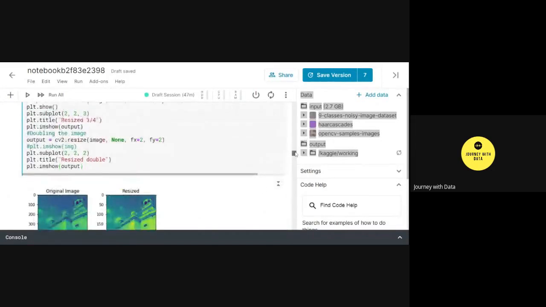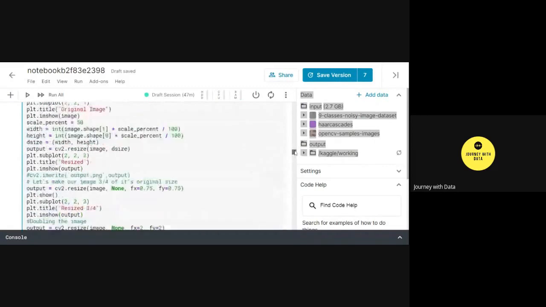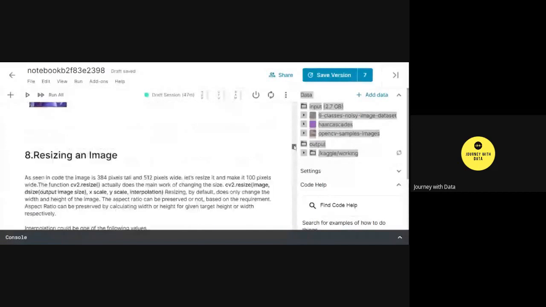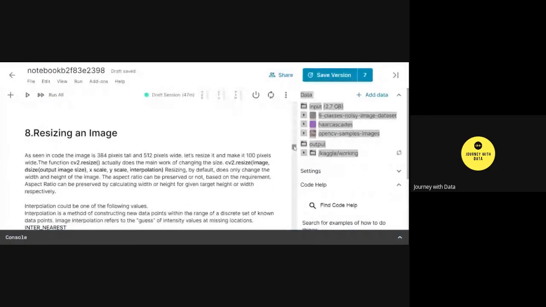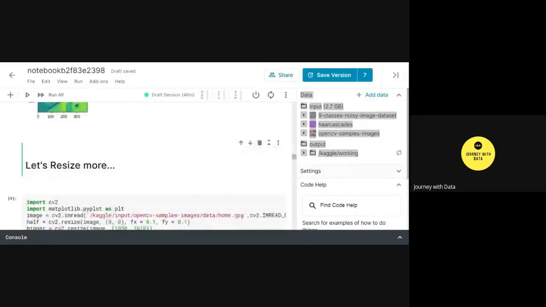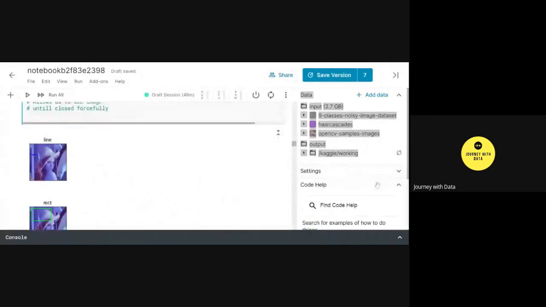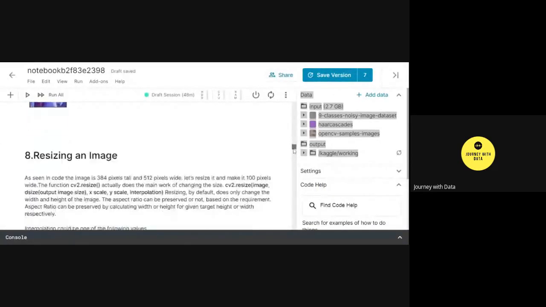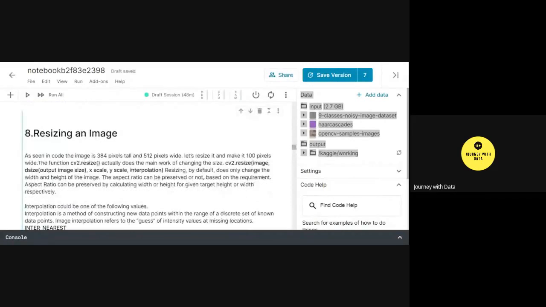Now, the point is, whenever you have to resize an image, how are we actually going to do that? Resizing is also quite easy in Python. All we need in OpenCV is cv2.resize. This cv2.resize method actually does the main job of resizing the image.